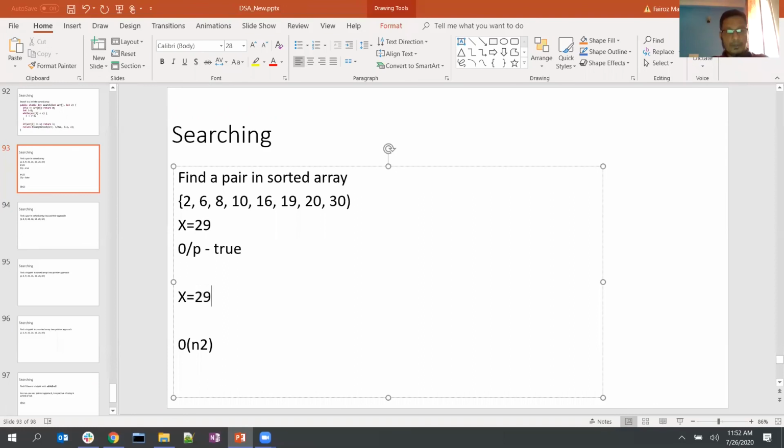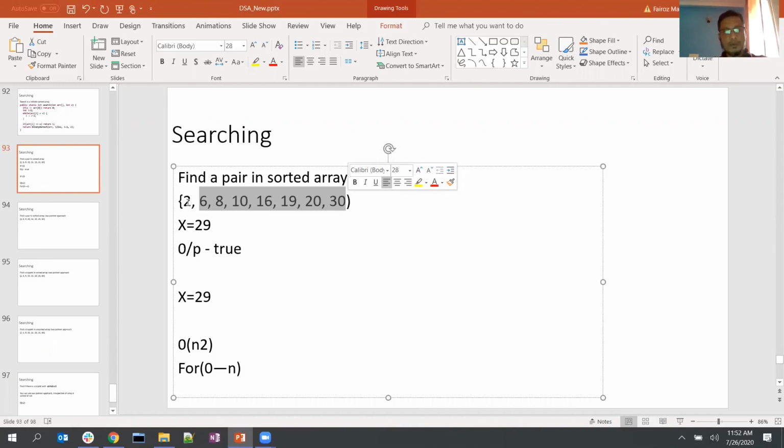So the operation could be big O of n square if you do it iteratively. You iterate in a for loop from 0 to n, keep the first element, which is 2, and in another loop iterate the remaining elements and add each item to the first element, like 2 plus 6, and see if it is equal to 29, then 2 plus 8, 2 plus 10, like that.